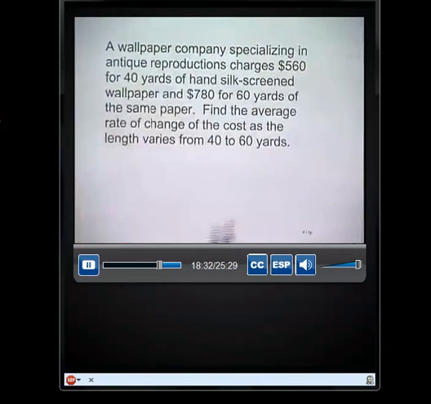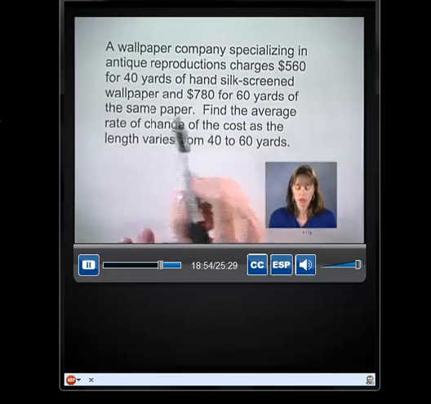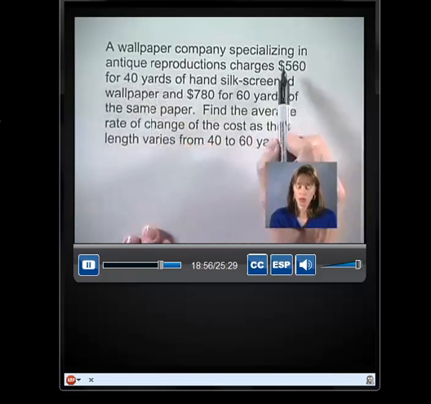A wallpaper company specializing in antique reproductions charges $560 for 40 yards of hand silk-screened wallpaper and $780 for 60 yards of the same paper. Find the average rate of change of the cost as the length varies from 40 to 60 yards. So what we're going to do, or what the information that we're going to pull from this example, is the number of yards and dollars